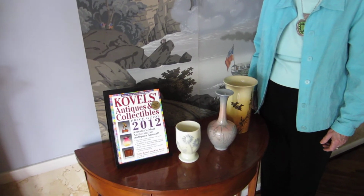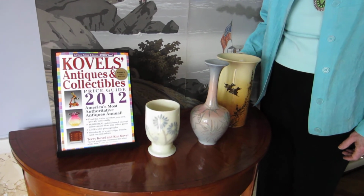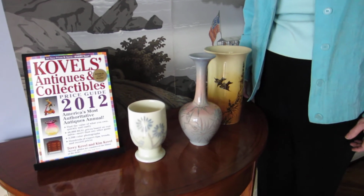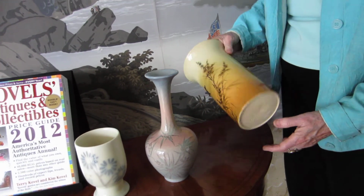I thought you'd like to know about one of the real bargains we got because it's always fun to get a bargain. Ralph was out without me buying at an antique shop one day when he came across this vase, which is a very attractive piece of pottery that has a sort of Japanese-looking design, and he turned it over and it had a mark, and the woman in charge of the shop said, "Oh, that says Rookwood,